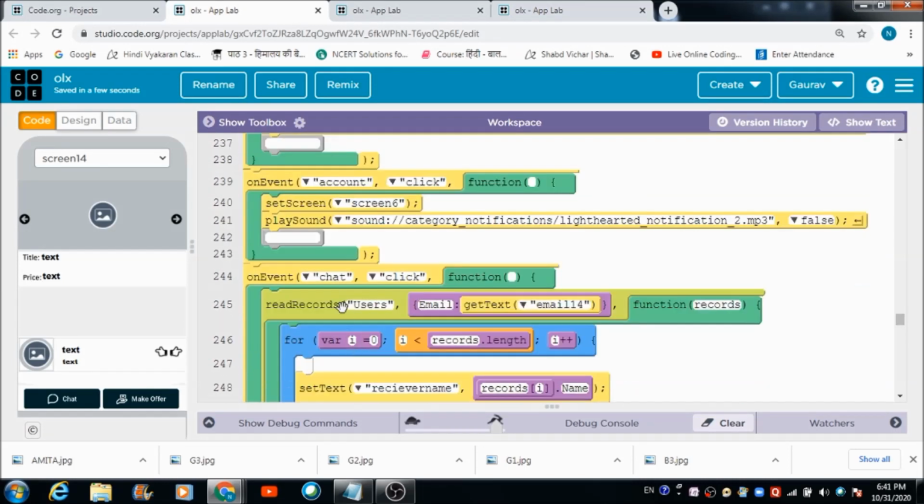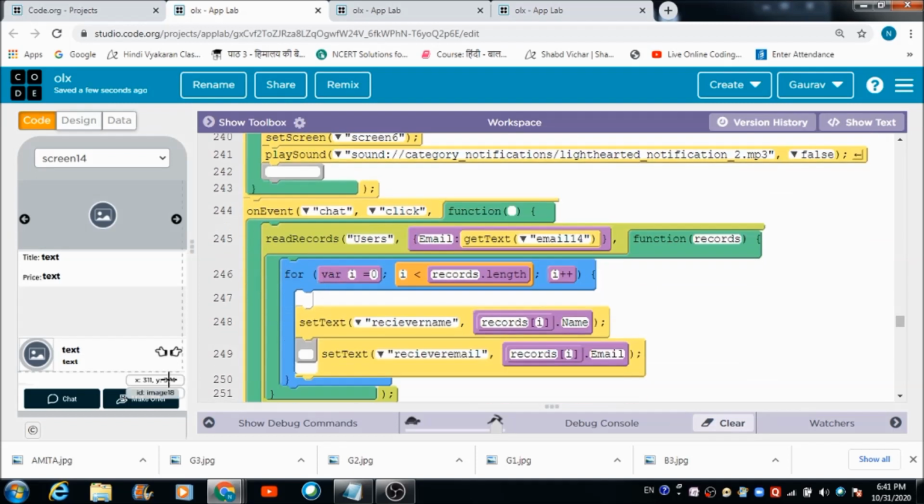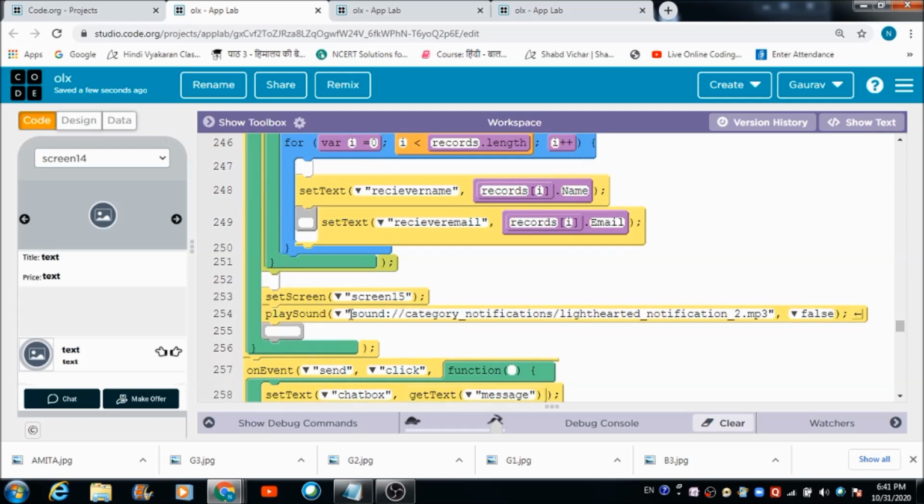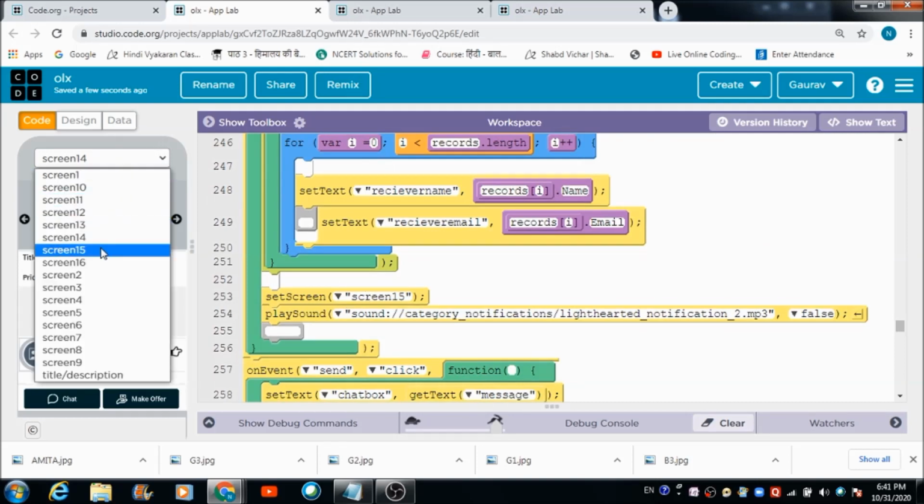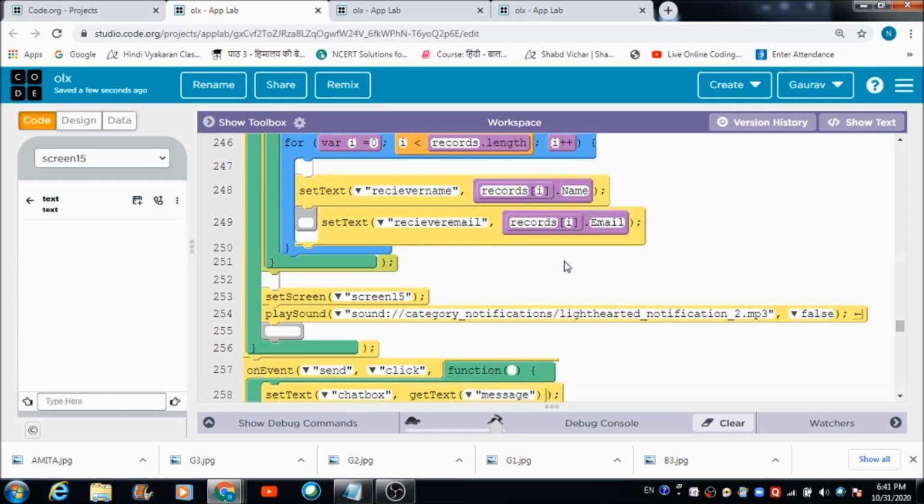Okay, and now let's come to the chatting part. There is an option called chat over here. When the user clicks on this, he will get redirected to this screen 15. This is screen 15. So this is where the users